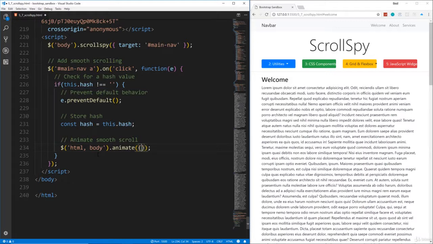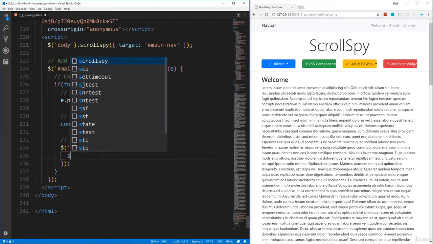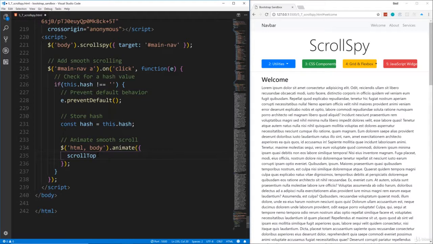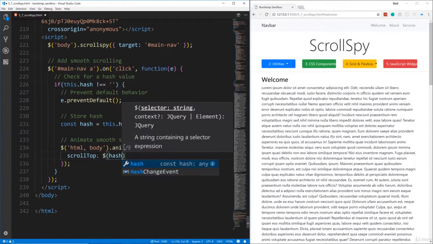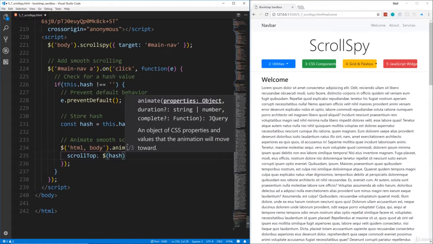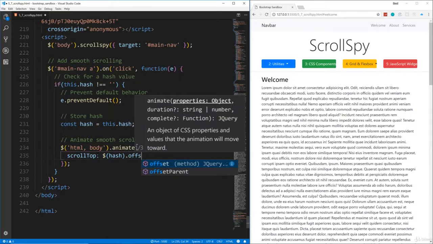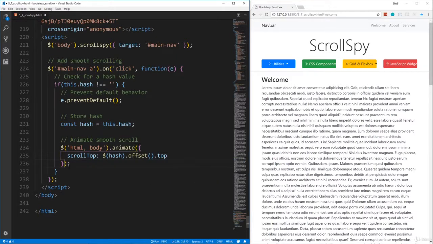and this is going to take in some curly braces, and we want to say scrollTop, and then we want to put inside jQuery our hash variable, and then we want to say offset dot top. So basically we're going to push it down, and then the second parameter is the amount of time. So it's in milliseconds. I'm going to say 900 milliseconds, and then it takes another parameter of a callback function,